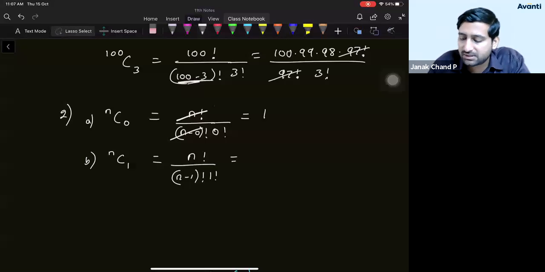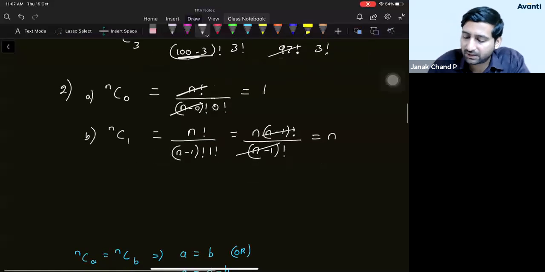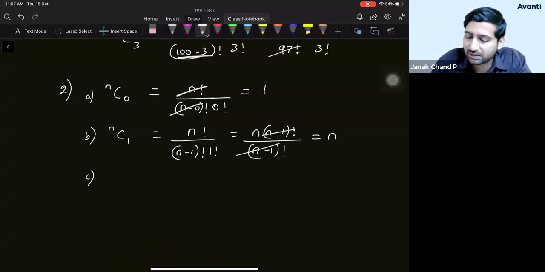Now, obviously, this is a bigger factorial. I can write this bigger factorial in terms of the smaller one. So we can write this as n into (n minus 1) factorial divided by (n minus 1) factorial. These two will get cancelled out, and 1 factorial is 1 only, so I have neglected that. So the answer is just n. Okay, fine. So I'm just talking about the special values, because these values come frequently and you should know these